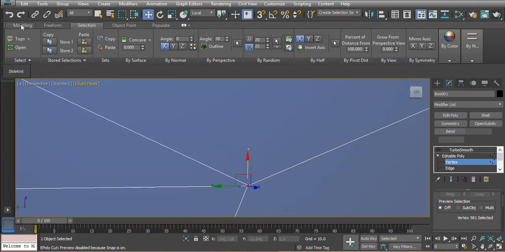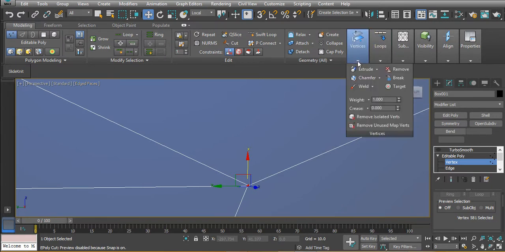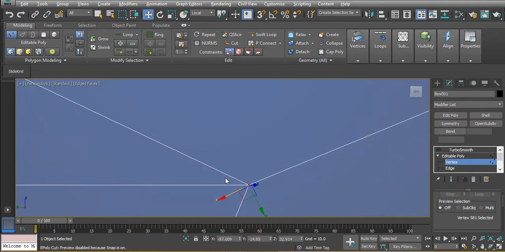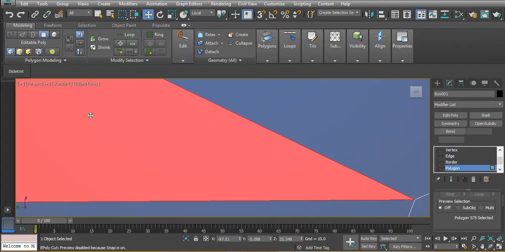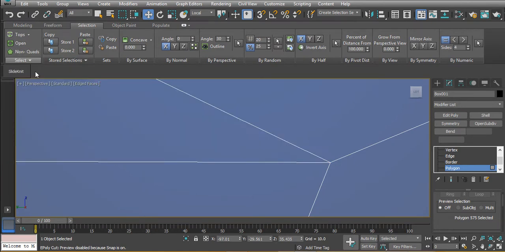I will just simply go into the modeling tab from my ribbon, go into vertices, and then click weld settings. And here, look, before welding there are 582 vertices, and after welding they will become 581. It means that these two vertices will be welded after I click OK, and there you go, these two vertices are welded. Now I will go into polygon mode, and then from selection I will click select all my non-quads,